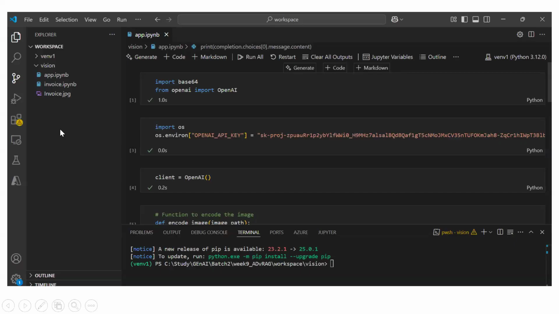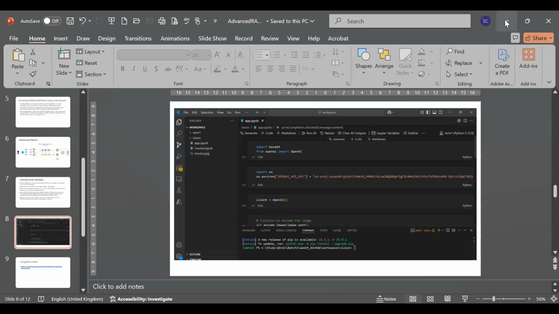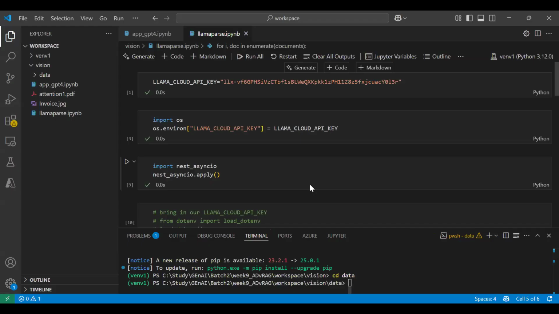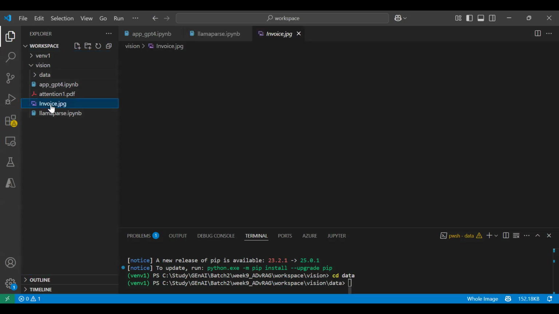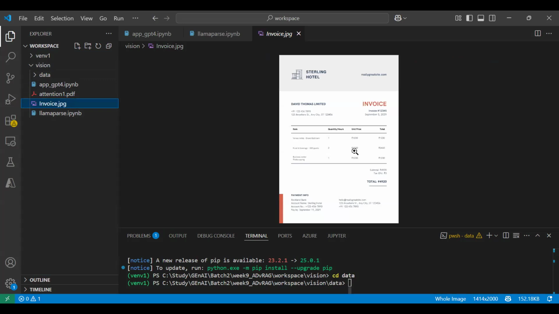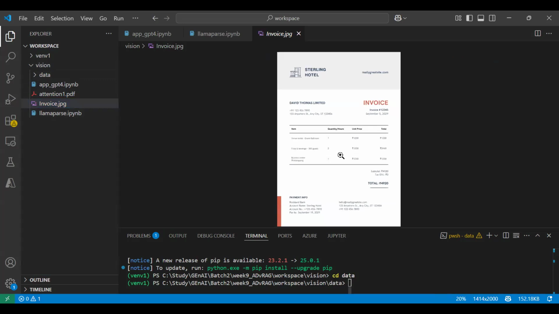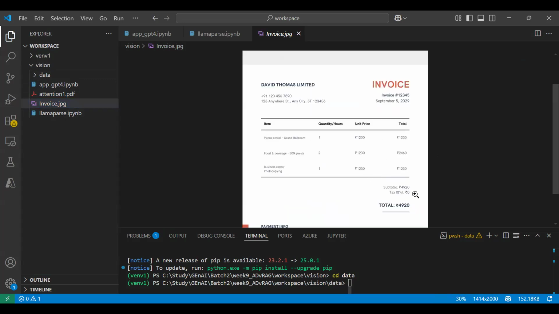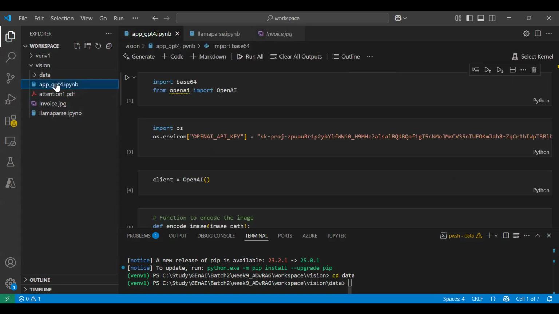So other than that, today I was trying some different things. Let me show you quickly. I hope you can see VS Code? Yes. Okay, great. So let's say I have this invoice image. This is an invoice image and it has some tabular data. So what I did is I created this